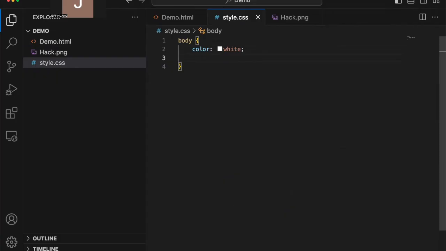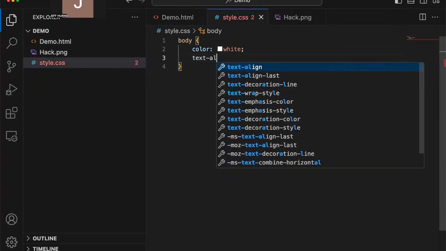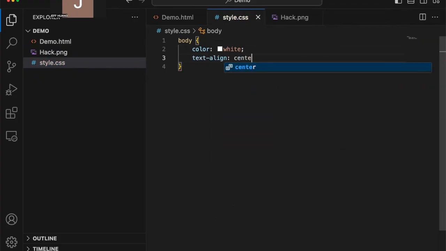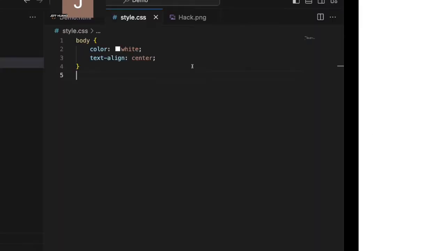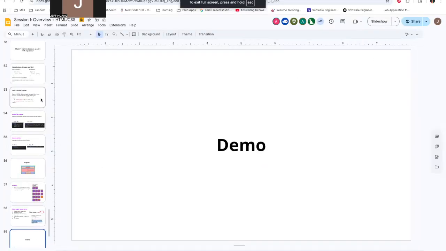And then we can change where the text is. So we can do text-align. We can make this the center.